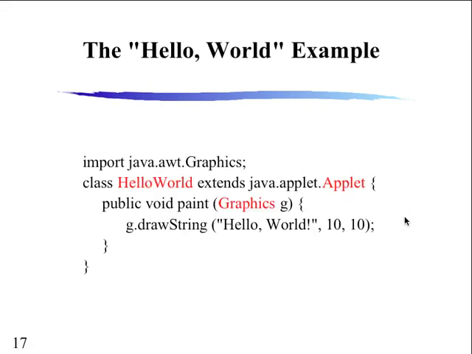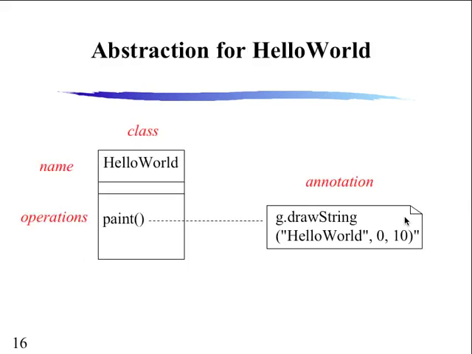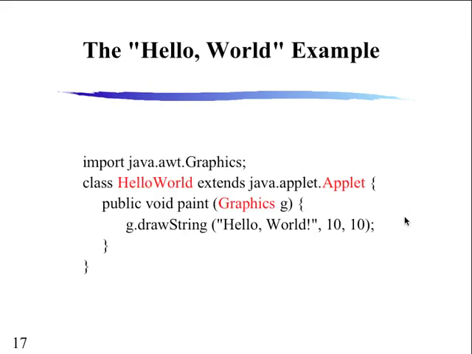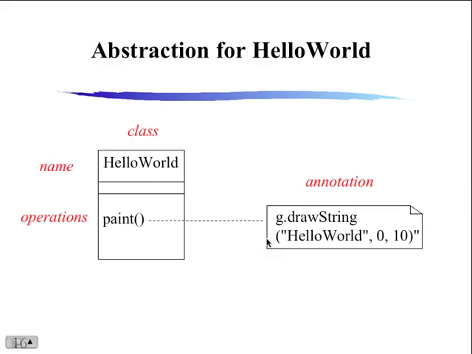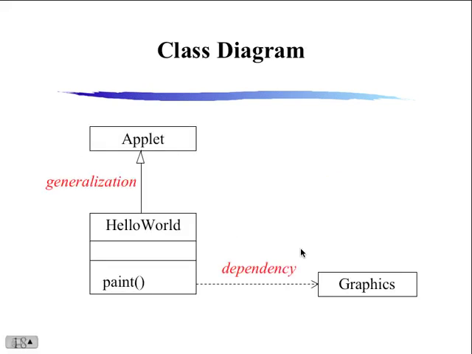And then there's a source code that would come from that theoretically. So we could take that diagram for hello world of the abstraction and turn it into this source code, realizing that we've taken this from the annotation. Uncommon to see this in the real world, obviously, because it's so small. But this is not what I would call something people would do. It's for illustrative purposes. Here's our class diagram of the hello world, where we have a generalization coming from applet,